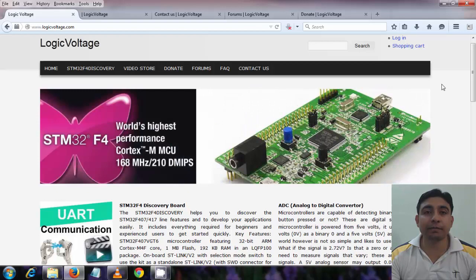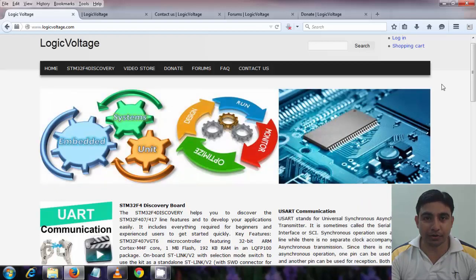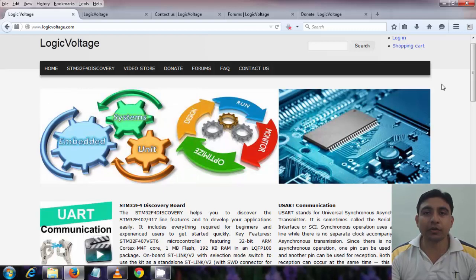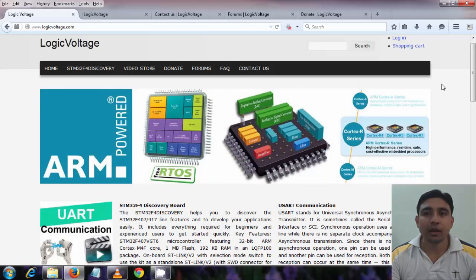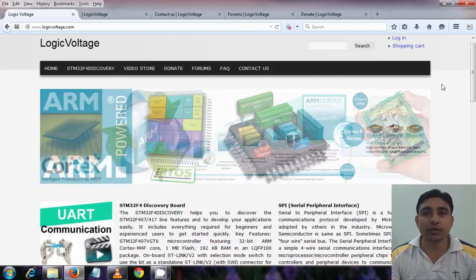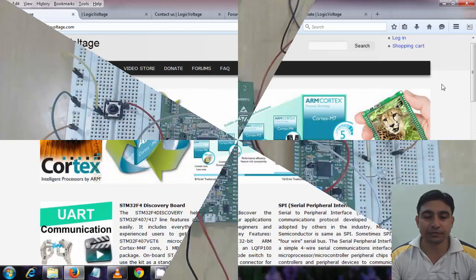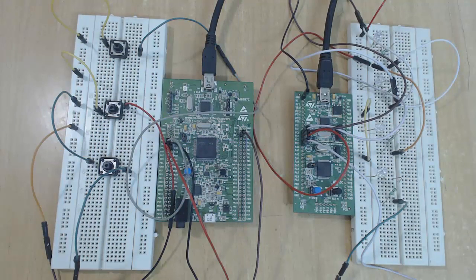Okay, in the previous tutorial, we learned about the UART communication protocol, how UART communication works, and then we built a circuit using two discovery boards. This was the circuit that we built in the previous tutorial.